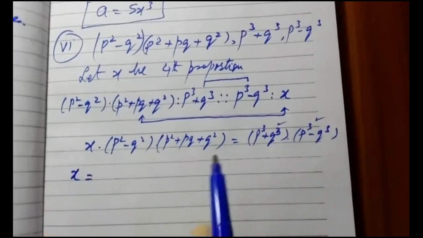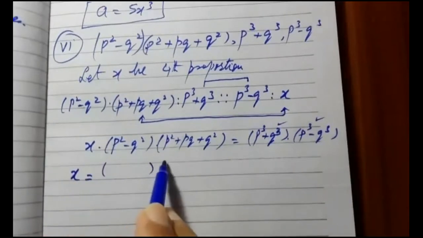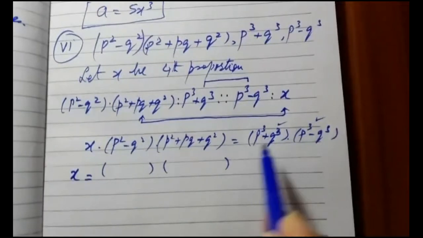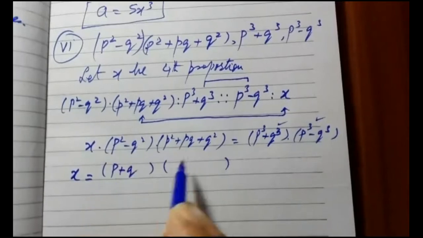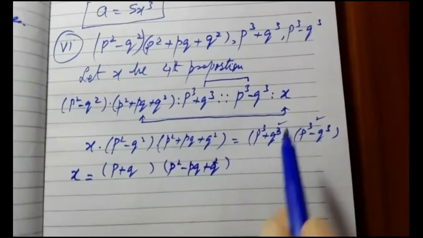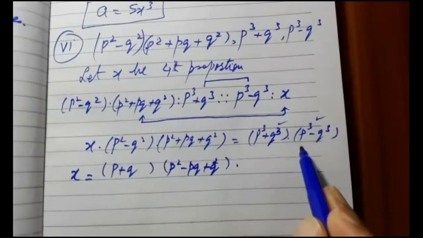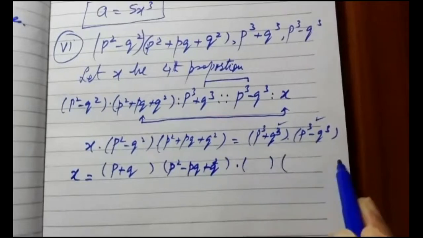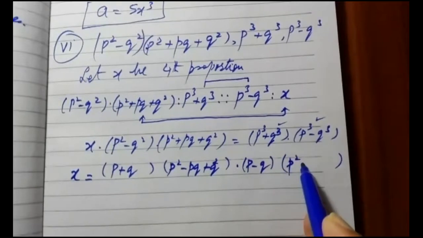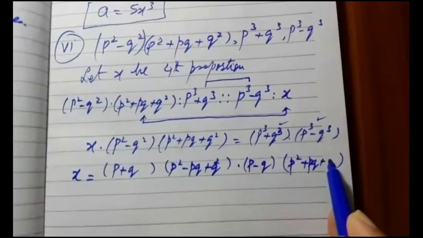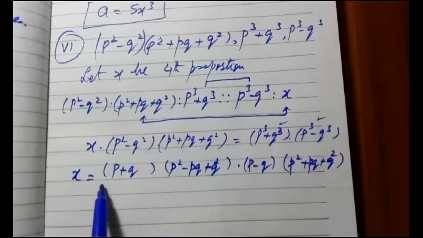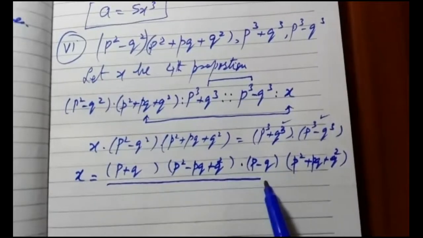So I will keep x on this side and I will apply the formula on p cube plus q cube, fine. So I need to expand it now. By using the formula, I will write p plus q, p square minus pq plus q square. This is the expansion of p cube plus q cube. Then the expansion of p cube minus q cube: again, you will be getting two more terms. By formula, it will be p minus q, p square plus pq plus q square. So this is the expansion of the two terms on the right hand side by using the formula.